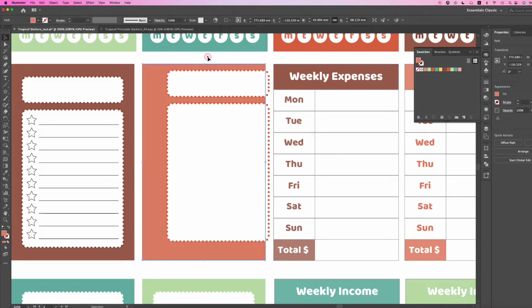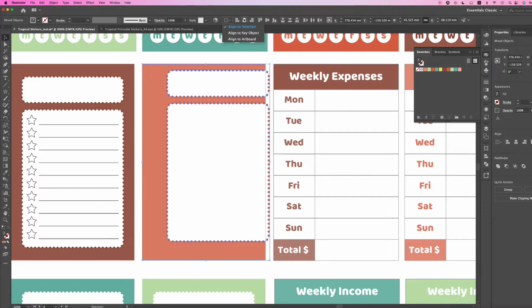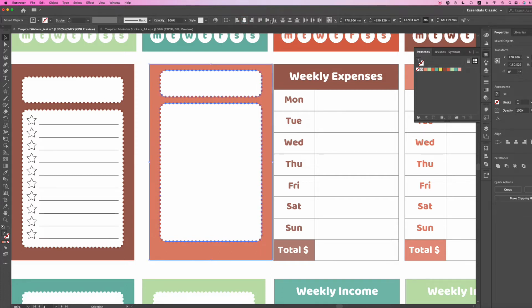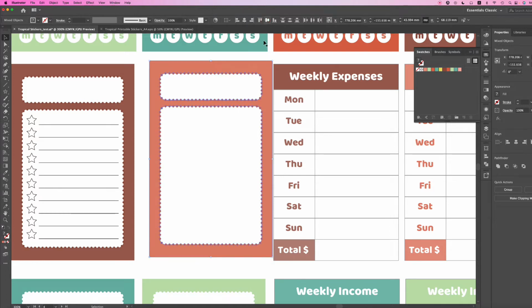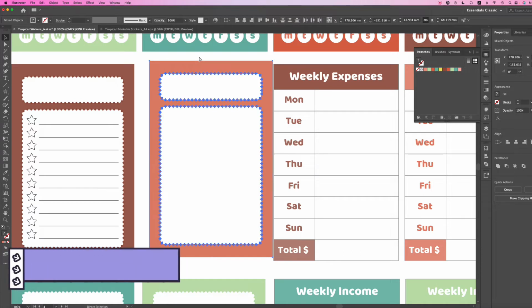Okay, and then what you're going to do is select your item and hold down your shift key and select the other graphic. And then I want you to click the horizontal align center to center it, and then you want to vertical align center. Okay, and once you've got this aligned, I want you to group it by Control G or Command G,